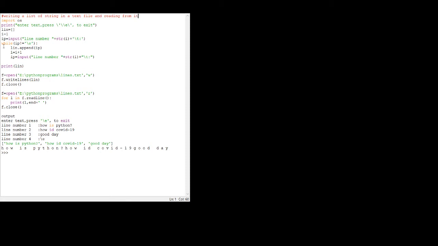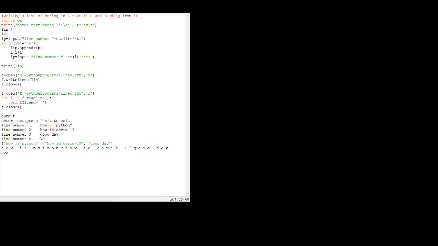Now I call a loop: while ip is not equal to \E. The loop will continue until I enter \E in order to exit.